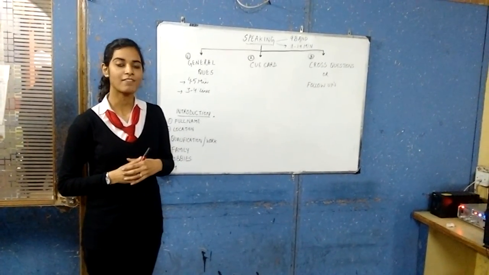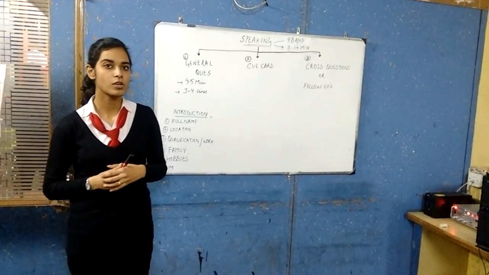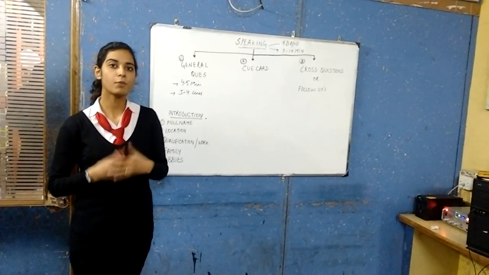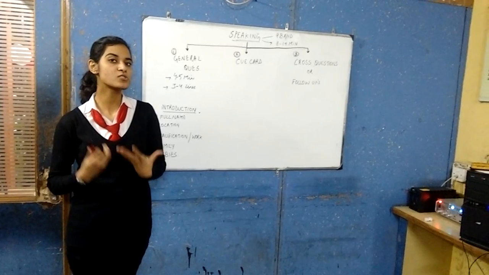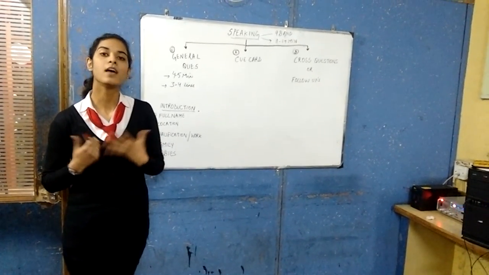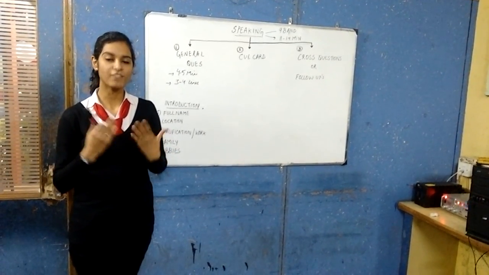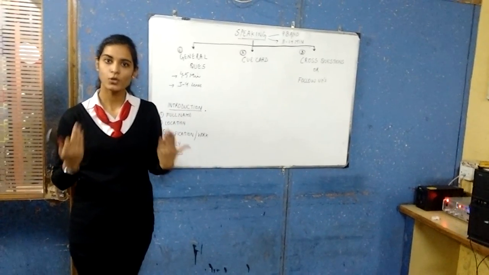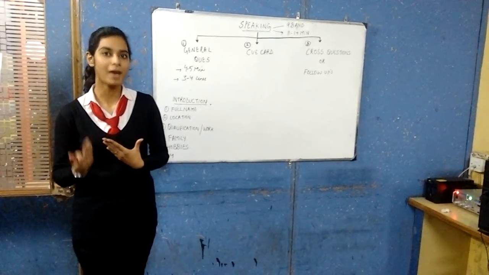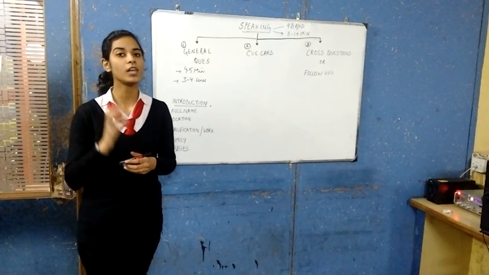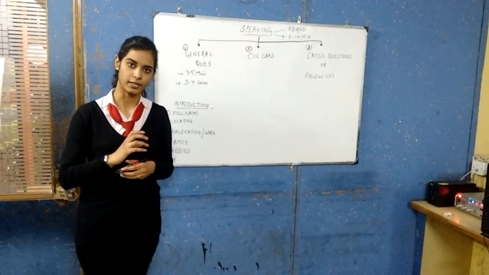Say for example, I would ask you, from where are you? Instead of just saying that I am from Ambala, elaborate your answer and say I come from a city which is in the northern part of my country, that is Ambala. Here again, you have given a full answer to the examiner. You haven't given him a chance to ask you another question like where is Ambala, because you have given him the full location of your hometown before.